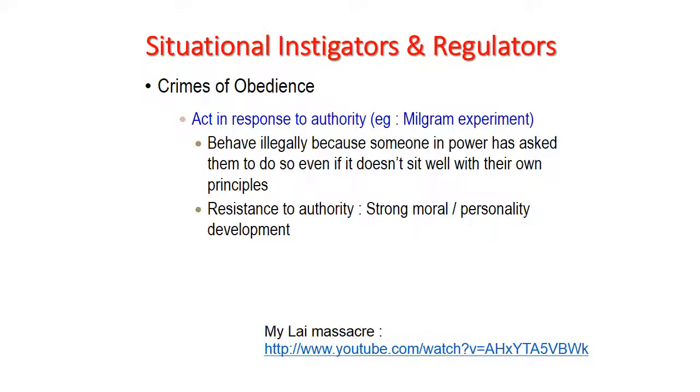This YouTube video here shows you some footage of the incident, but most of it focuses on an American soldier's recollection of what happened and why he did what he did, even though he felt it was wrong at that point in time. Now, I must warn you that there are some disturbing images and things you will hear if you watch this video. If you don't want to do that, that's fine. You can skip this video.